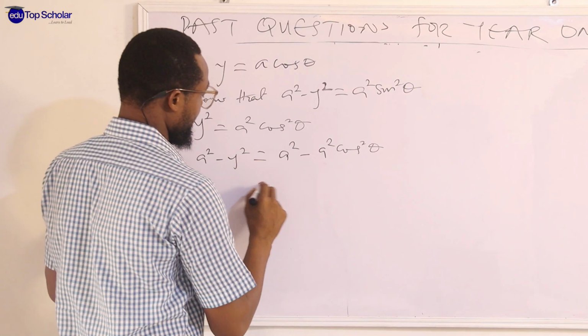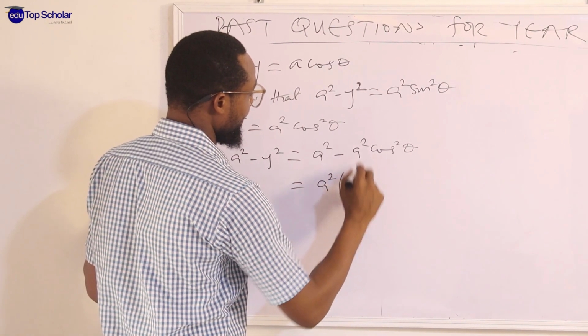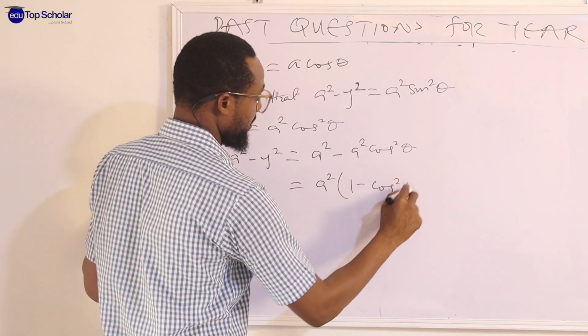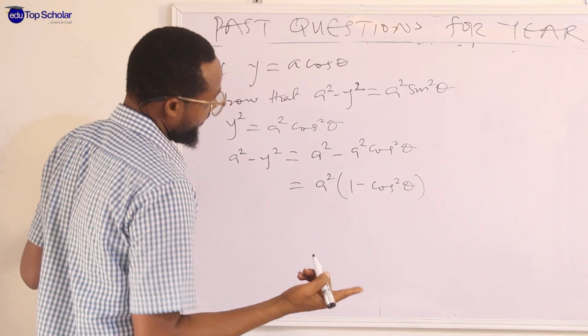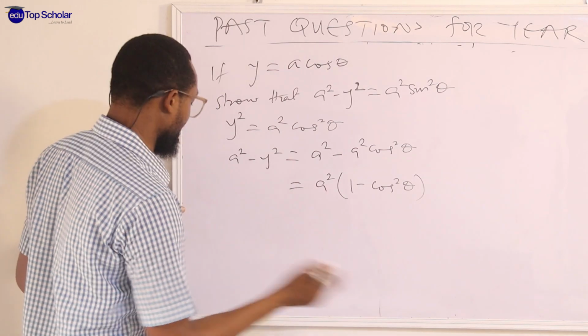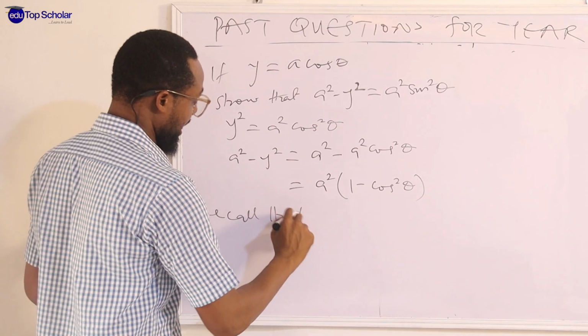In this case, if I factor a squared, we are left with 1 minus cos squared theta. And we know, recall that